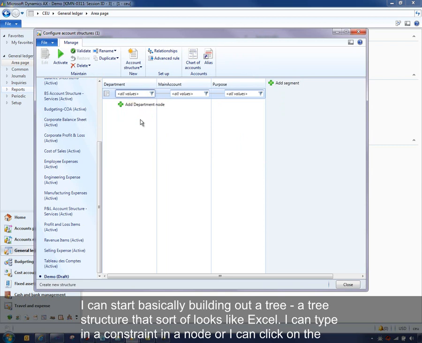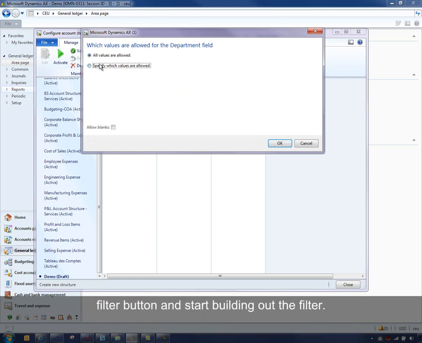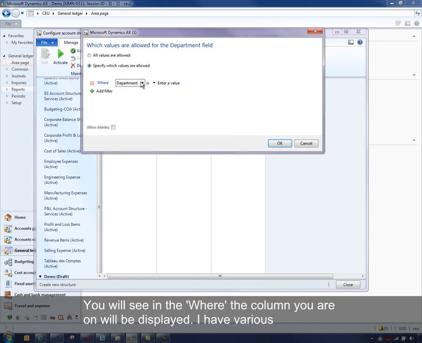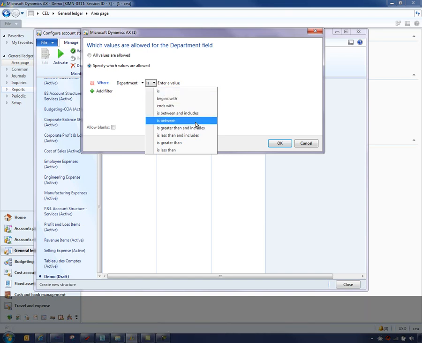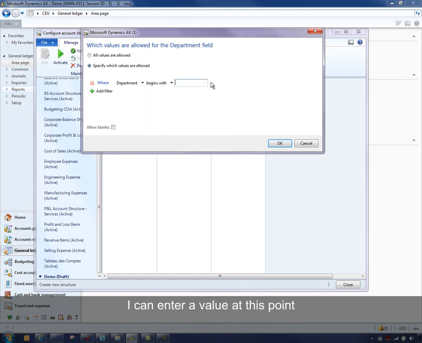I can start basically building out a tree structure that looks like Excel. I can type in a constraint in a node, or I can click on the filter button and start building out the filter. And you'll see the where, because in the column that I'm on, it'll display that. But I have various ways to define my structure or expressions. So I could say where a department is something, or it begins with something, or ends with something, or there's a range. So I can enter in a value at this point,